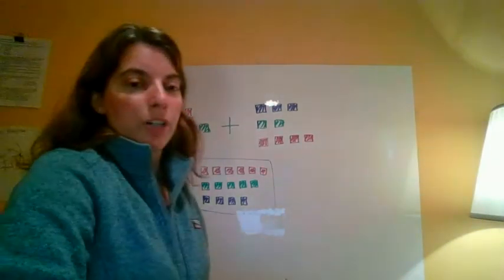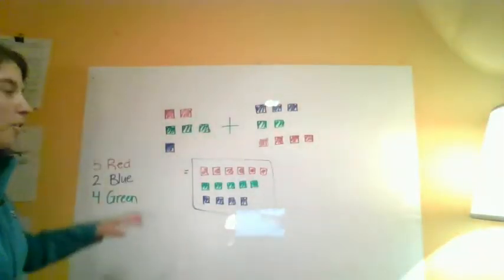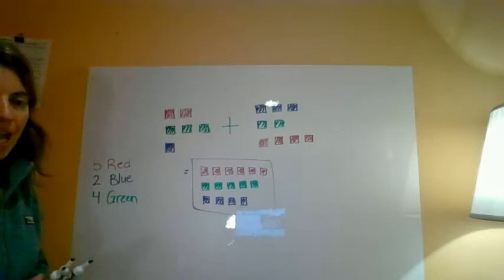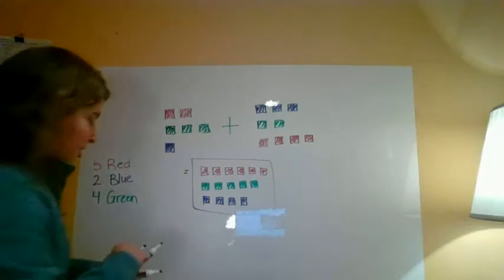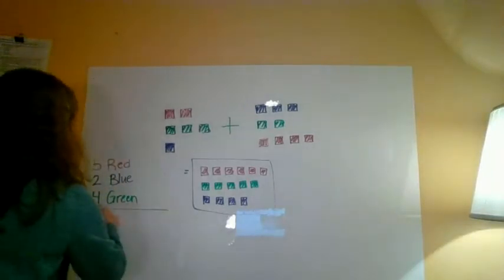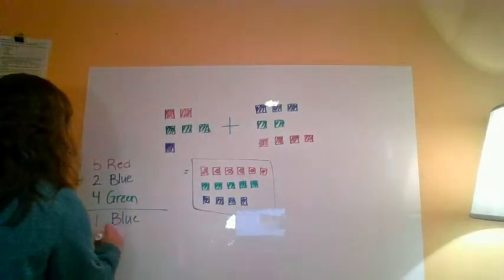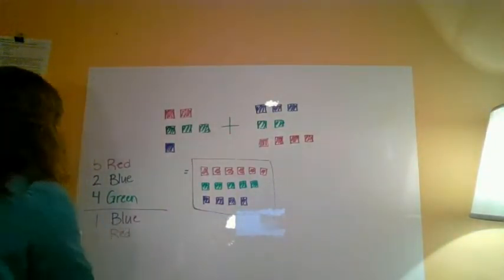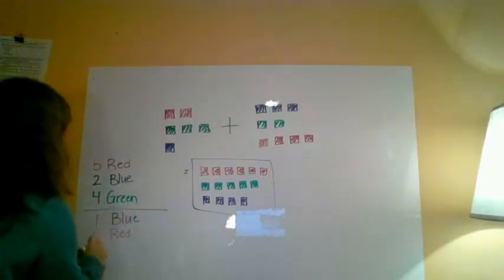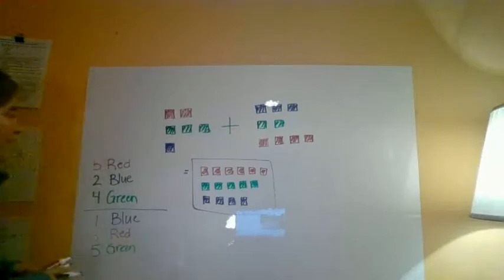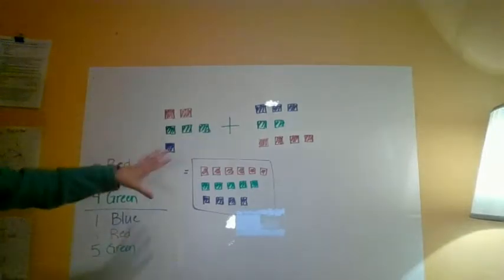And we have 4 green. So this is our first group of blocks right here, our new set: 5 red, 2 blue, and 4 green. And then we want to add, we have 1 blue, 3 red, and 5 green. So the question is, how can we combine these following the same rule that we did before,